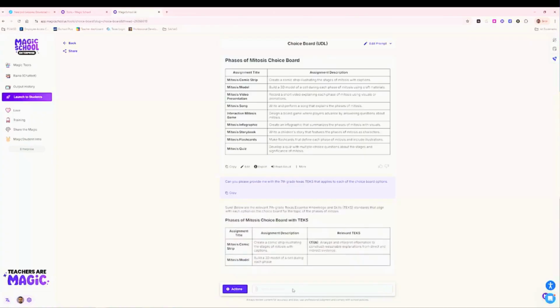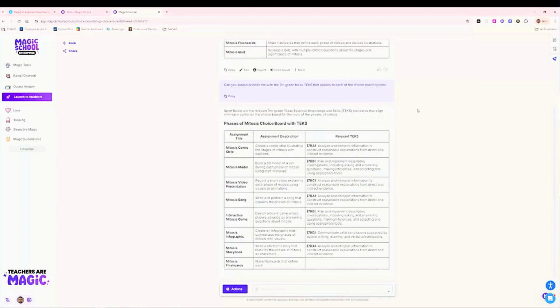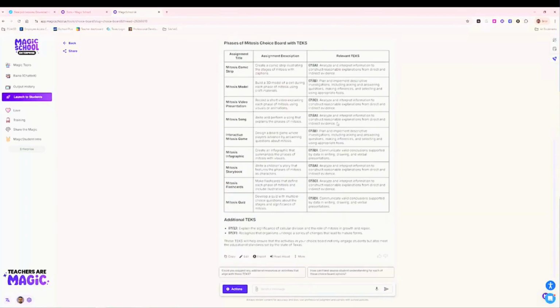So in here, it adds another column, and it tells you which 7th grade TEK is going to be utilized or asked in each of the assignment titles. This will give you more benefit to know what you're going to be discussing, and additional TEKS at the end as well. So now we have this already,